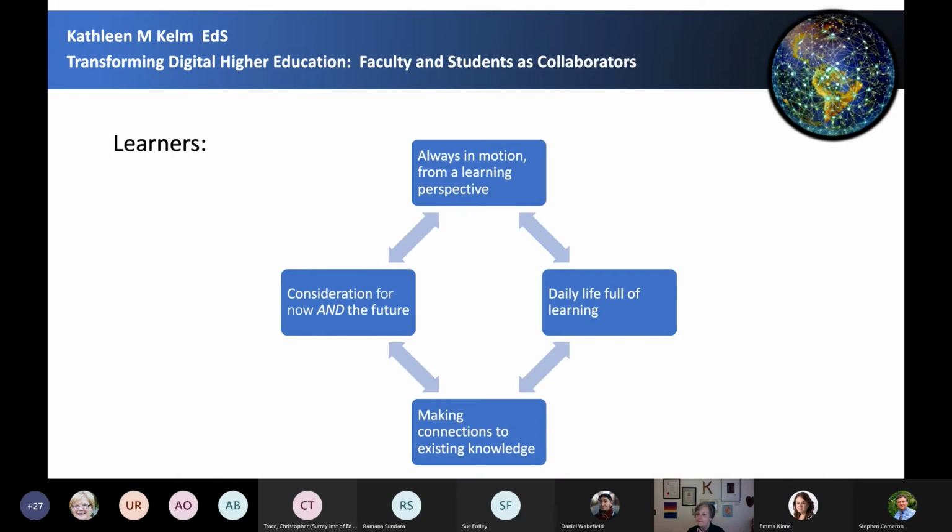So, learners, hey, they're always in motion. They are always learning. They are learning no matter what context they're in. And that's the most fascinating part about it, is the fact that they are learning whether they're in a classroom physically, whether they're in a classroom virtually, whether they're trying to figure out how to put together a piece of furniture, whether or not they are now trying to figure out how to make use of some digital tool to allow them to continue to communicate with their children.